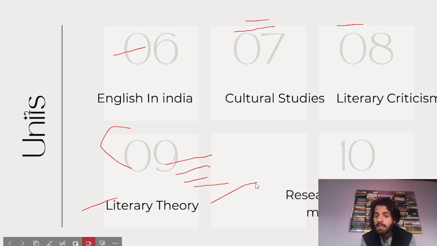The 10th important unit we have is research methods and materials in English. Research methods and materials in English coincides with the research methodology of your paper 1. How? Because be it any research, you have the same methods. Though there will be a difference in the subject matter of those researches, the basics, hypothesis, abstraction, research methodological tools, research methodology, research methods, all these things will be the same across the whole research methodology area. So do this one with the first paper only, right? And in English in India, you have to do it with the higher. That's how you make the work look easier.